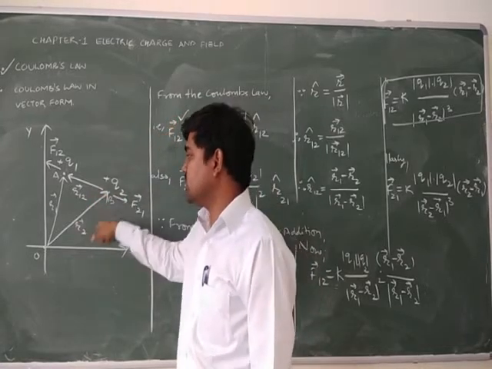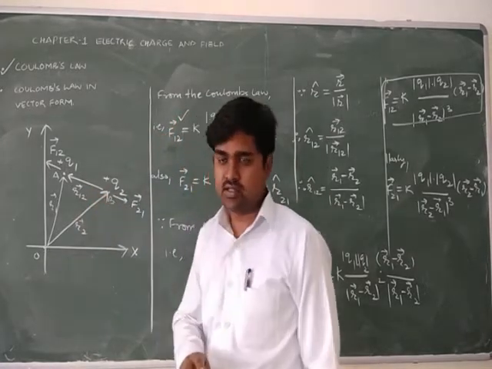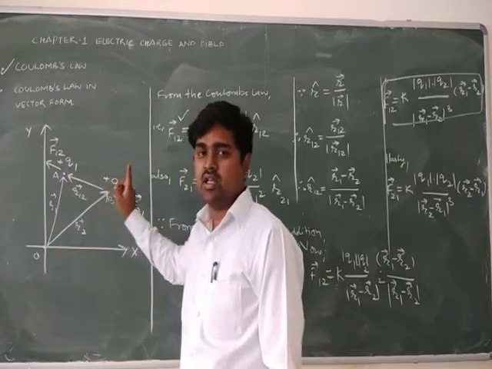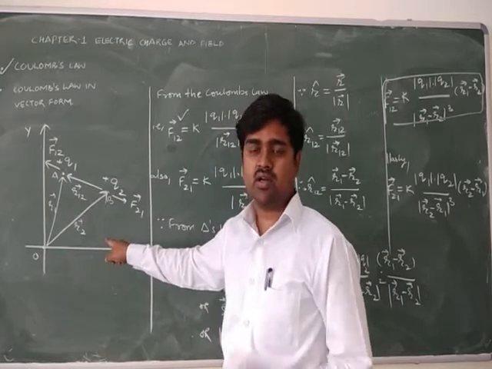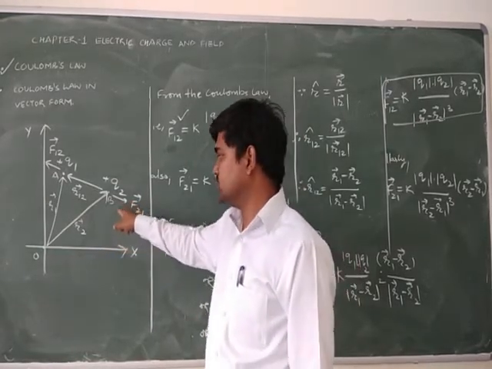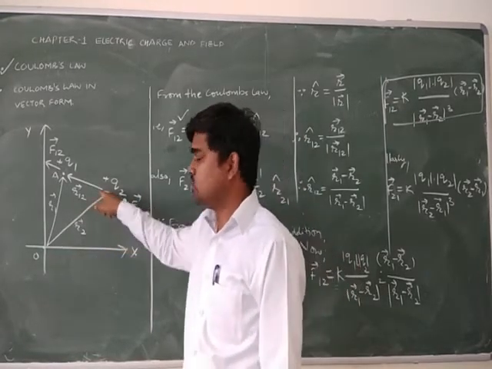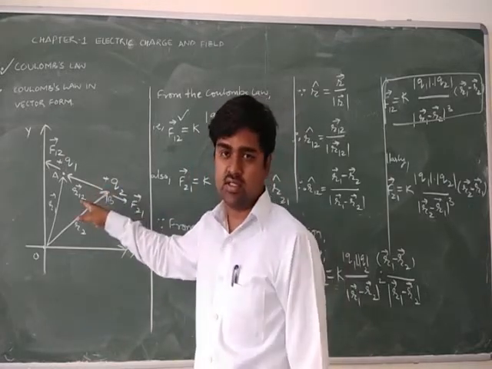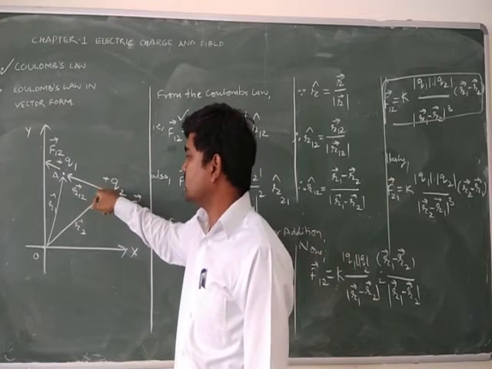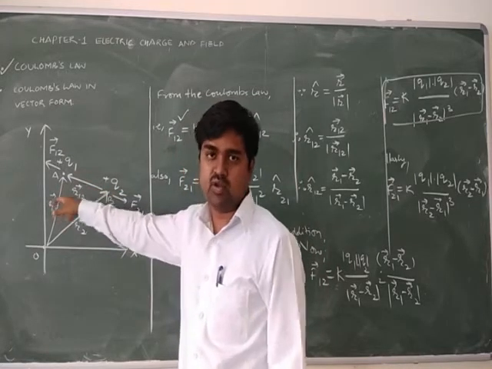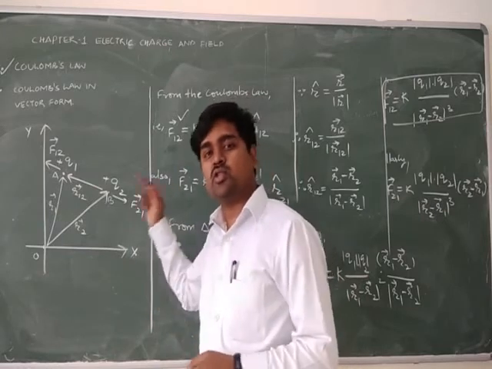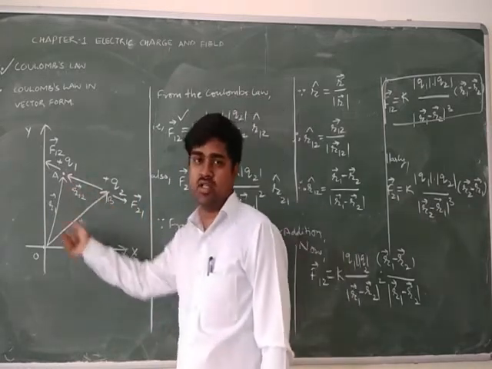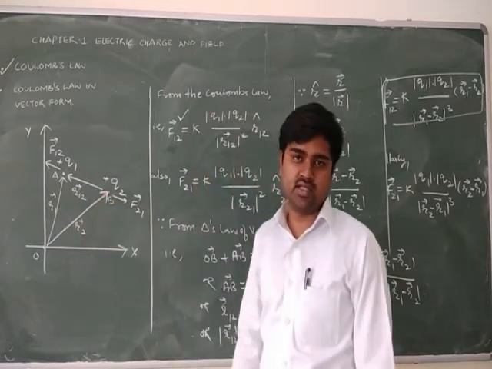So you can see here we have three vectors. R1, that is the position vector of Q1 charge. R2, that is the position vector of second charge, Q2, which is at B position. And R12, that is the displacement vector which gives the distance between these two charges. The direction of displacement vector says that from B to A, because the distance is calculated from position B, right? So to find this distance, we will use the triangle's law of vector addition.